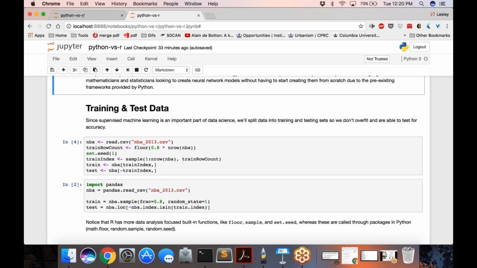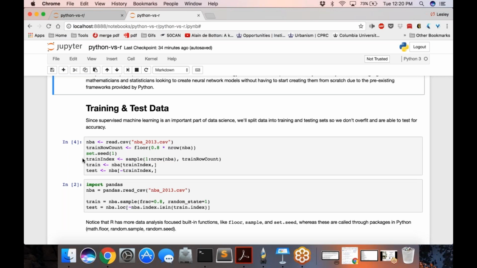outperforms the other. So in machine learning, we generally have training and test data. A portion of the data will be used for training, and training is just the process by which your machine learning algorithms are built. Then we have test data to essentially verify our results. Generally speaking, you split the data into training and test data. And here I'm just going through how each of these tasks look in Python and R.